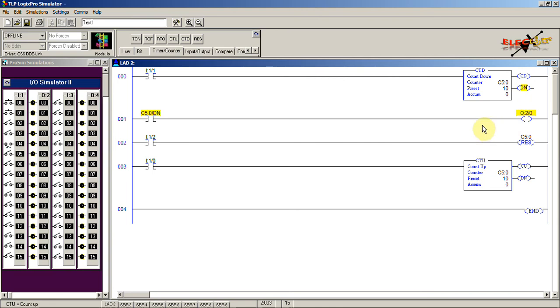In that case, we'll download this program to the PLC and then keep the PLC in run mode. As a vehicle enters the parking, this button will be pressed one by one, indicating that vehicles are parking at the parking spaces. We have two counters, one up counter and one down counter, which are addressed with the same address, C50 and C50.